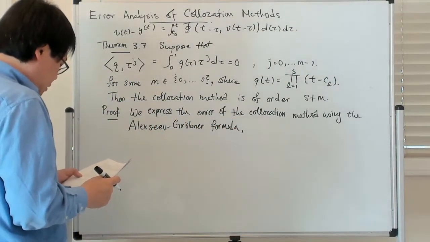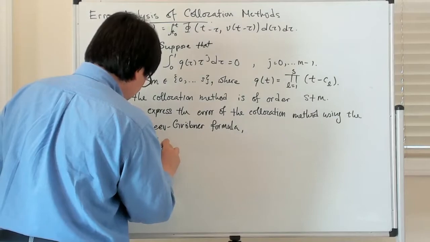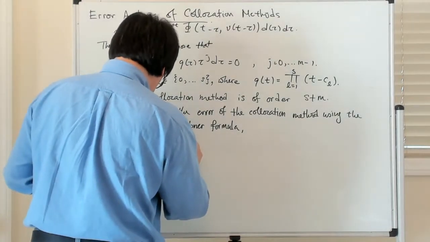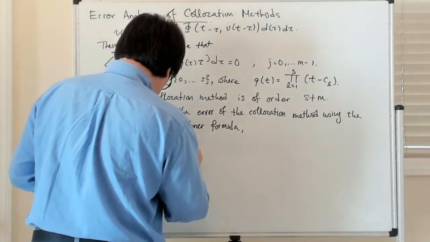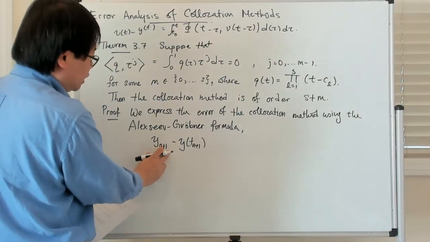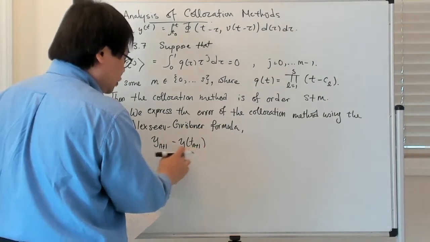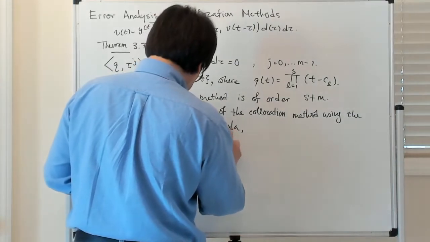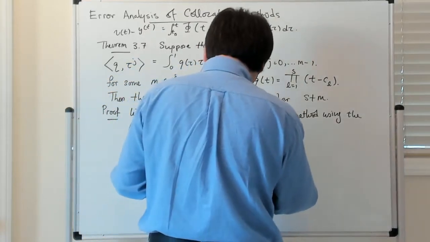All right, so what you're saying is that yn plus 1 minus y of tn plus 1: I'm looking at the difference between the numerical solution coming from the collocation method and the exact solution, so it's the error between the numerical method and the exact solution, which is equal to the integral from Tn to Tn plus 1 of this matrix, this unknown matrix,